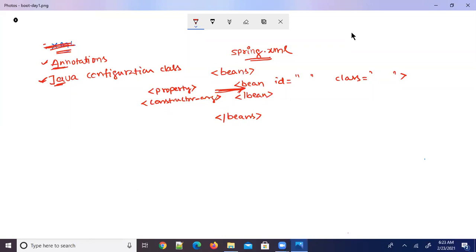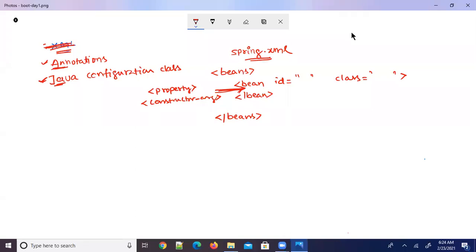The core annotations, I want to revise all of those things for you in today's session. Once you got them, then we will start with Spring Boot. When we start with Spring Boot, all our Spring Boot applications are going to use all annotation-based configuration only. It doesn't use any XML.